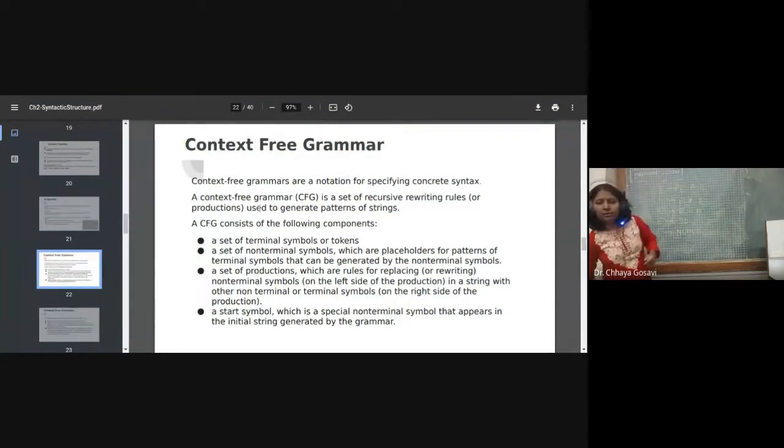Now here, what is a context-free grammar? A set of terminal symbols. Here the terminal symbols are ID and num. ID, in capital letters, means identifier or name, and num is a digit or number. So these are the terminal symbols. The set of terminal symbols we can call T, which is ID, comma, num.